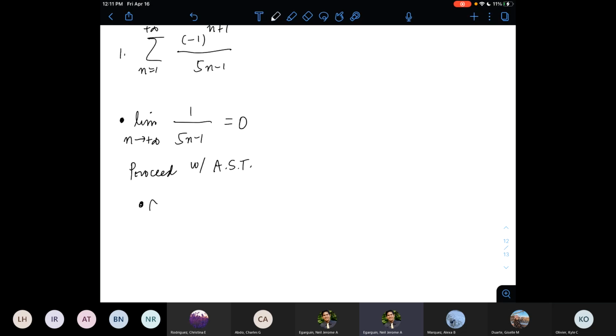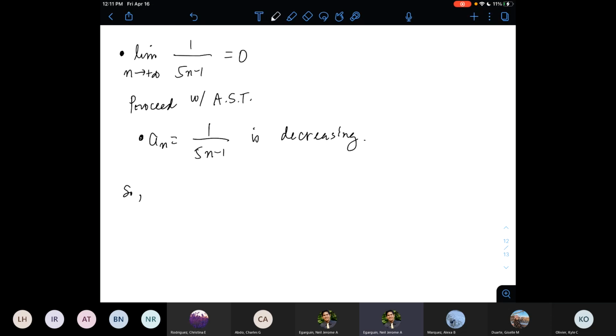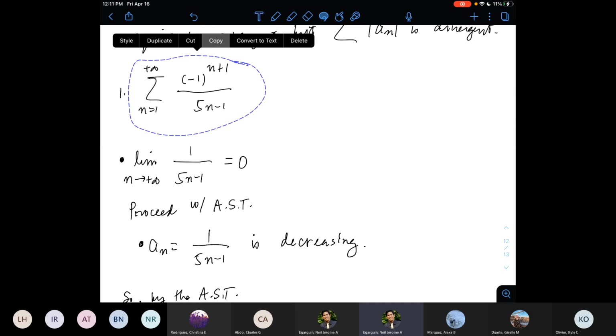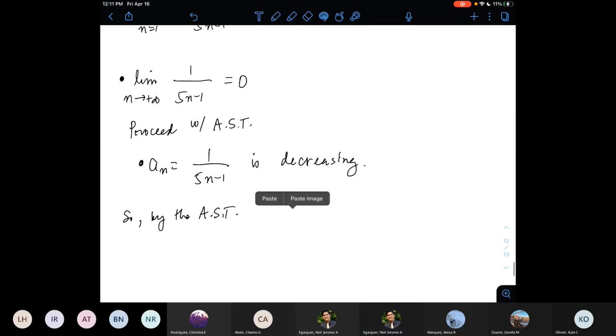But here I note that a sub n, which is 1 over 5n minus 1, is decreasing. And that is obvious, right? Because when n increases, the denominator increases. An increase in the denominator makes the fraction smaller. So the a_n's will be decreasing. So by the alternating series test, the given series is convergent,